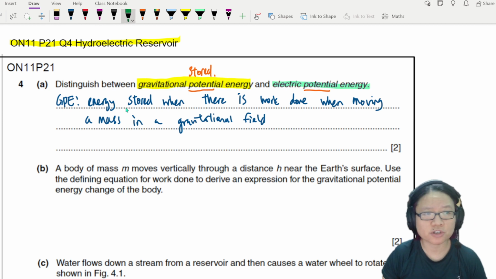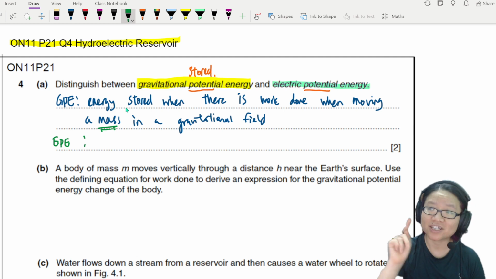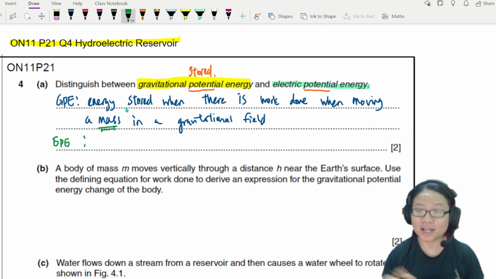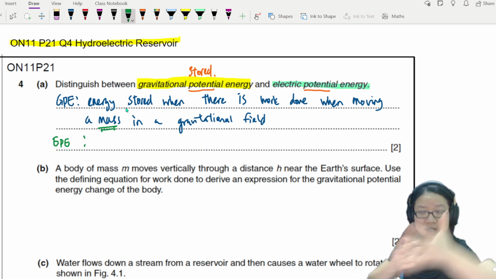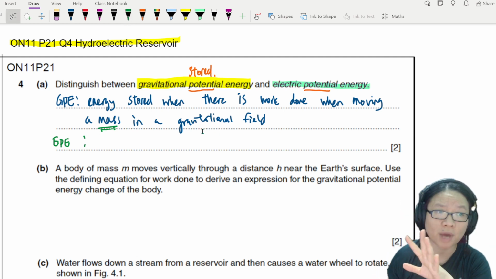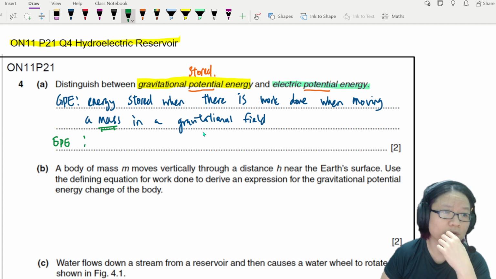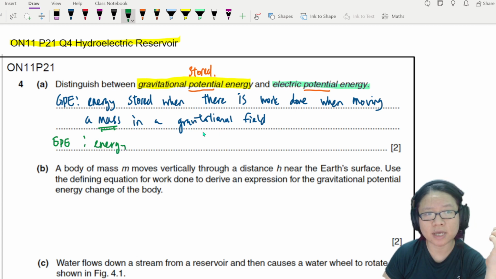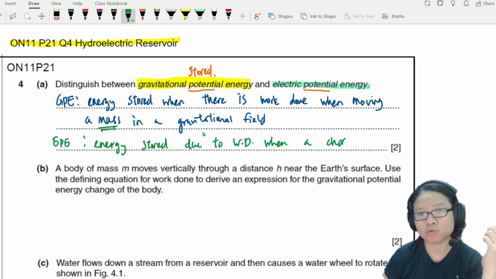Well, electric potential energy can follow the same sentence, but the only difference is that currently we are not moving a mass. We are moving a charge. Okay, so an electric field is a field that we set up that will interact with the charge, just like a gravitational field is a field that we set up that will interact with a mass. So we can say that this one is the energy stored due to work done when the charge is moved